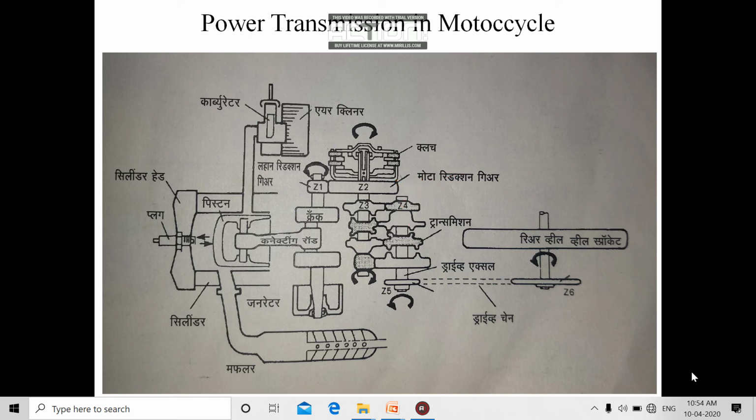Now we will see at which location we are connecting our power self start motor. For self start we are using the left side, because at the right side it is not necessary. The machines having kickstart should not have self start. It is there in some vehicles, you can see it having self start as well as kick start.